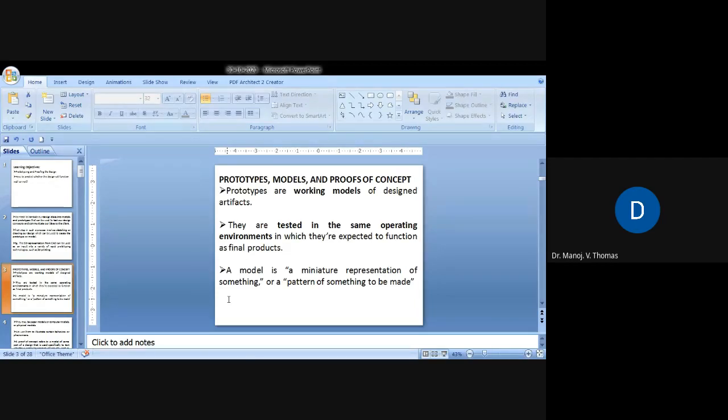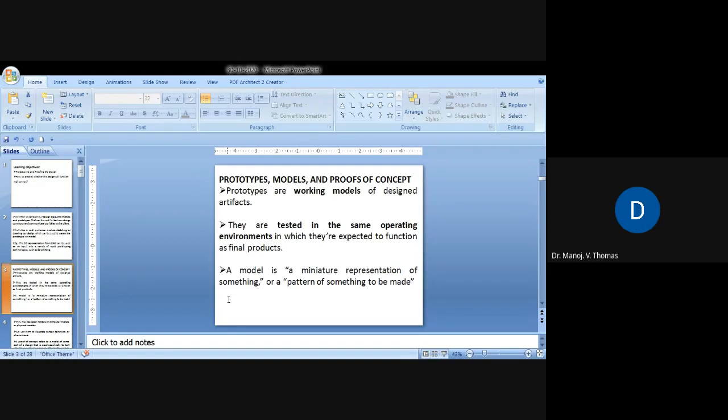So that is a mathematical model, but there are other models also. Say for example, when you use paper to make airplanes. When we were kids, we used to make paper planes. We used to fly them. So they are actually models. Or when we use clay to construct something, or when you use cardboard and some other materials to construct the model of a house, again it's a model.